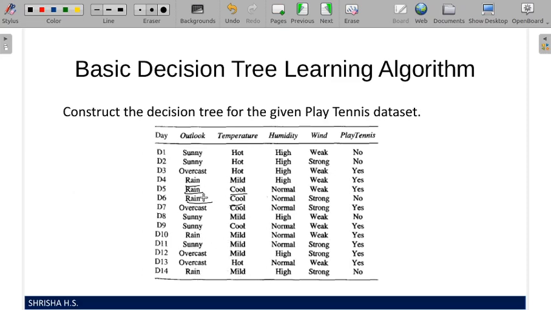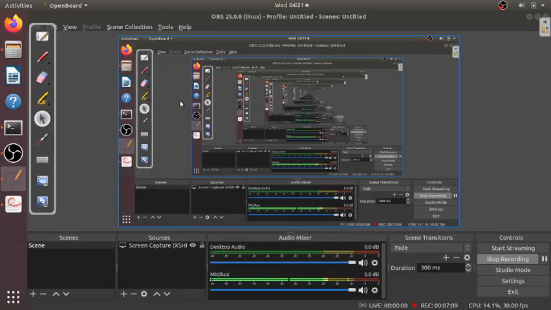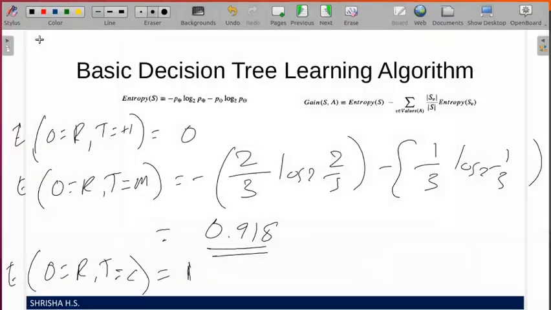Okay, rain mild. So rain cool is there, one is yes, another one is no. So one is a positive example, another one is a negative example, so straight away you can write entropy is 1. Now we will straight away